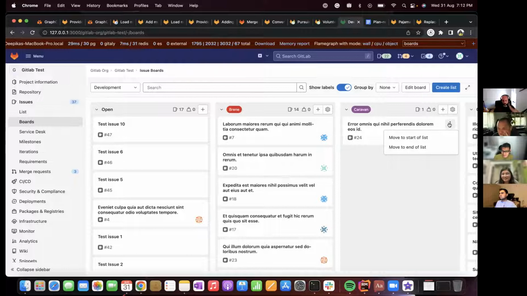Okay. What would you have instead if there's just one action? Sorry? If there's just one action, what would you have instead? Or maybe I misunderstood the question. If you have one action in this list, how do you get to the list? I think she meant one card in the list. So the move to start is... Sorry. Nothing. Okay.